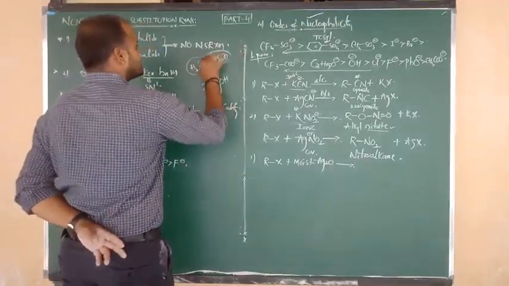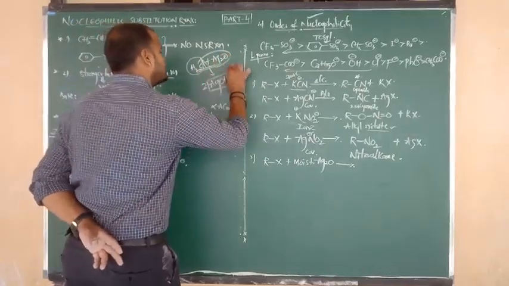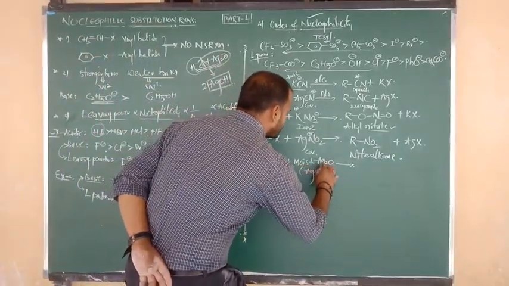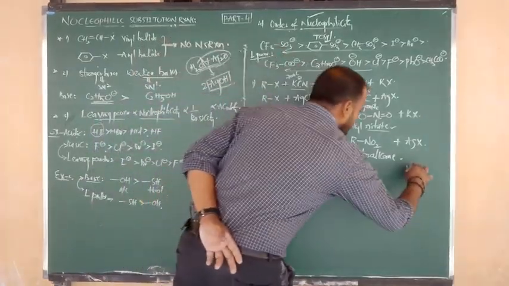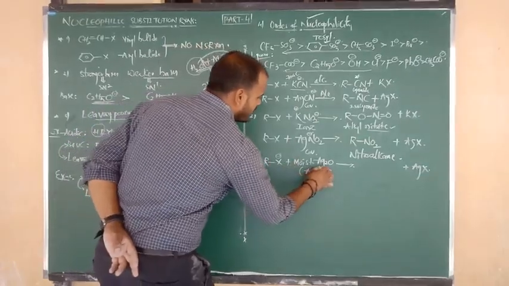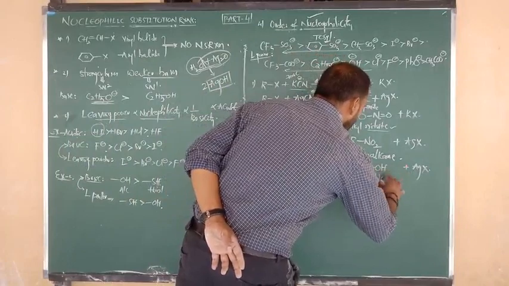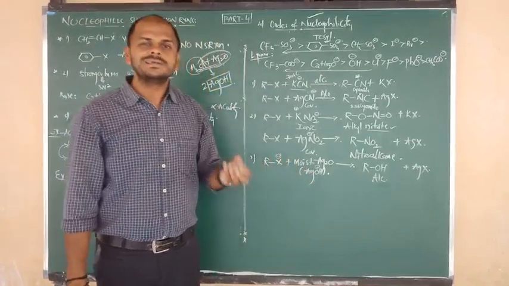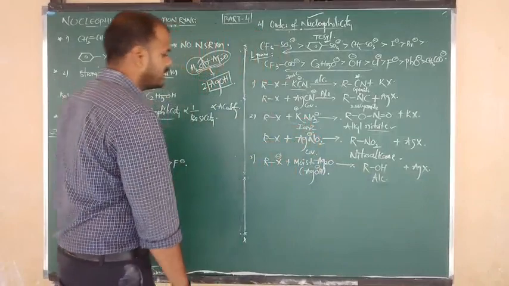So in place of moist silver oxide, we always consider this as AgOH. So here also I am going to consider AgOH. Ag contains charge plus, X contains charge minus, and it is removed in the form of AgX. X minus is replaced by OH minus. So here you are getting the product, alcohol. So how to say the statement? Alkyl halides on reaction with moist silver oxide give the formation of what? Alcohol is the product. Good.